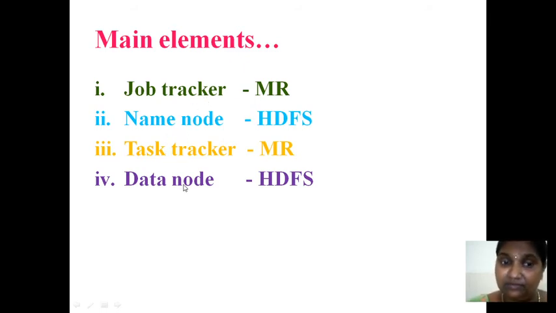But I have given this sequence because the execution of your application is going to be done in this sequence only. Whenever the client submits a request to any Hadoop component, the Hadoop framework, the request is automatically taken by the job tracker. It is the one which initiates our request in terms of processing. After getting the request from the client, it will make a call to the name node, which is a part of HDFS.